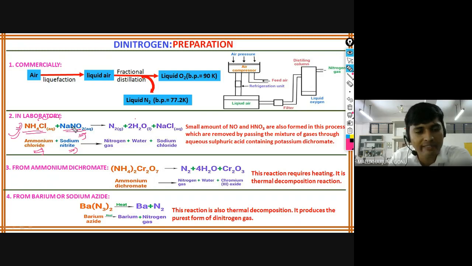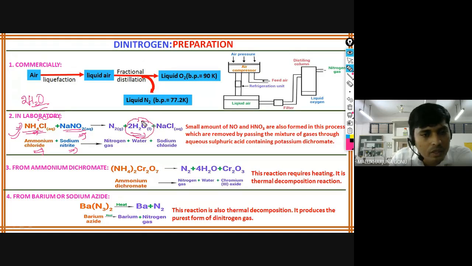See, this ammonium chloride, when it is reacting, first you write the water molecules. How many hydrogens are there? Just try to find it out. So how many hydrogens are there? 4 hydrogens are there. So with the 4 hydrogens, you write the product. First you take out water as a byproduct. So 4 means 2H2O, that you write first.